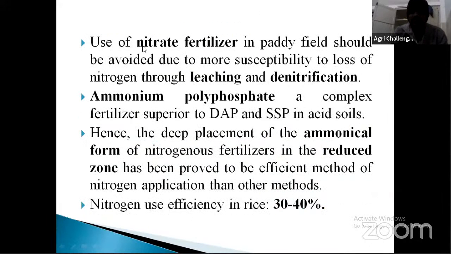Here we can see that if you want to apply nitrogen fertilizer, it should be applied only in the oxidized zone, or it should be completely avoided, because it is prone to losses like leaching and denitrification. So this ammoniacal fertilizer should be applied in the reduced zone. One scientific reason is there,